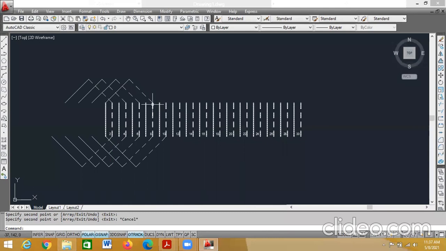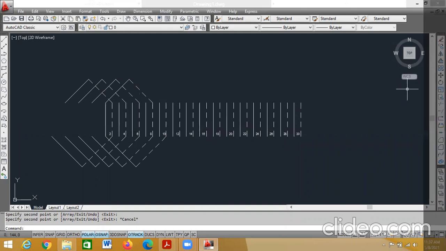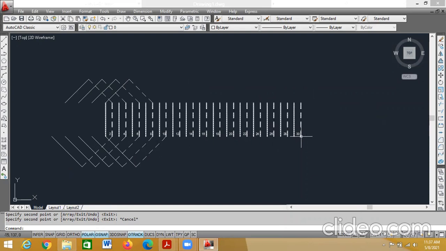Copy selection, select the base point and click the next points. Next points are the end points of these lines, wherever you see the square. Now for this portion, I can do the array. How many do I require? I require 15. Similarly 15 I require. Here also I require 15. So the spacing should be 2, because from here to here, 1, from here to here, 1.